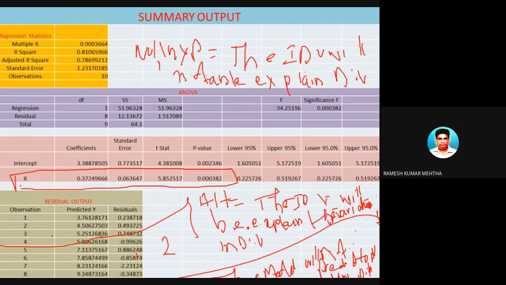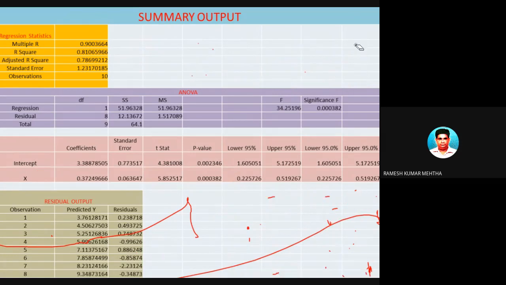Number one, the independent variable will not explain the dependent variable. Number two, the alternative is that yes, the independent variable, which is the number of hours studied, will explain the variation in the dependent variable, which is marks secured. So they contradict each other, and now what do you have to do? We have to experiment. We have to use a statistical tool to prove it.